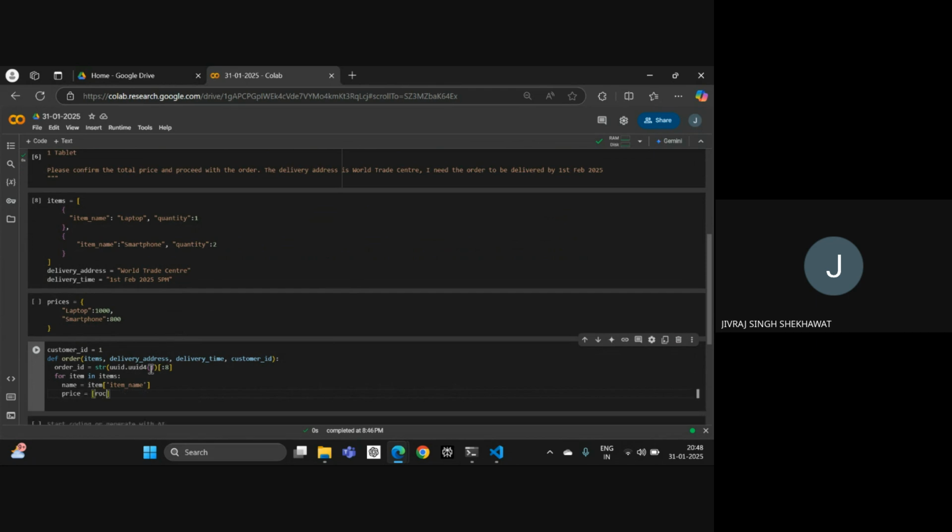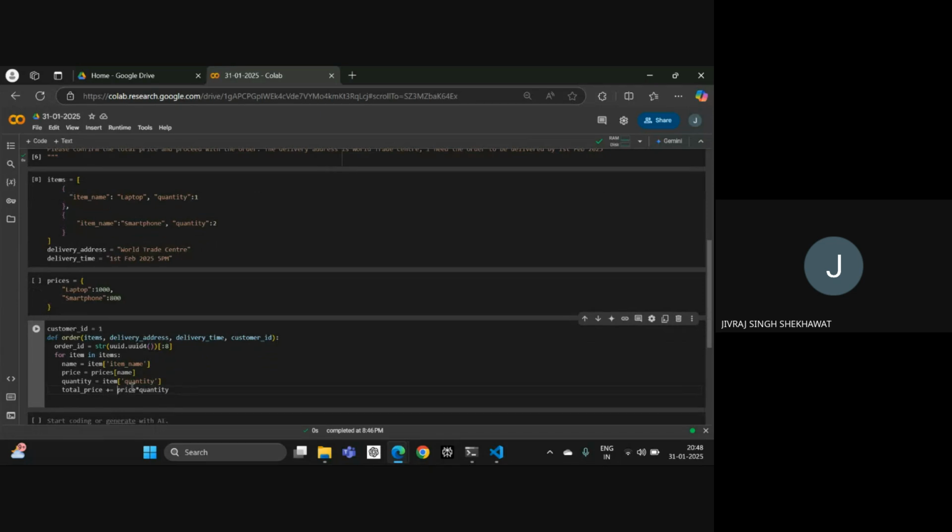So price is equal to prices of the name of the item. Okay, and then I also need quantity, so that will be just this thing, and then total price would be